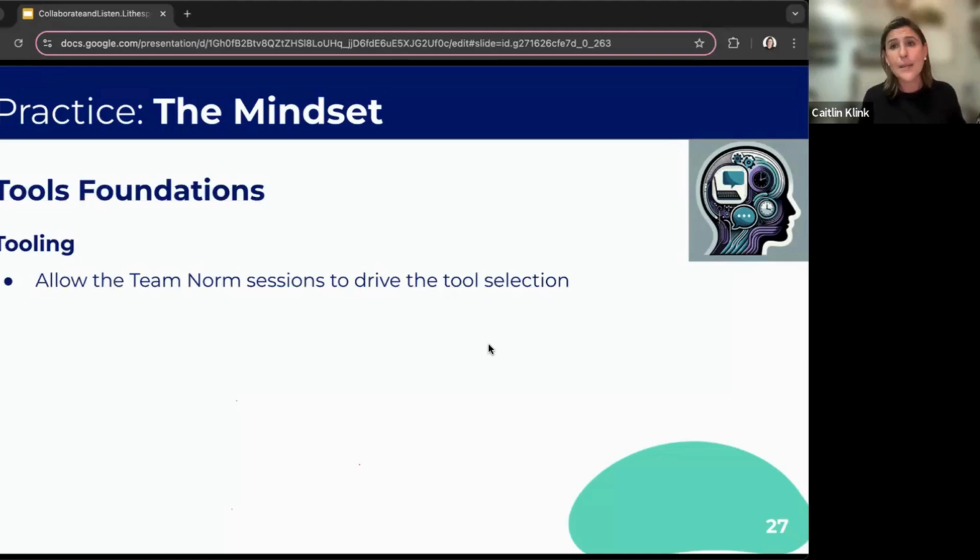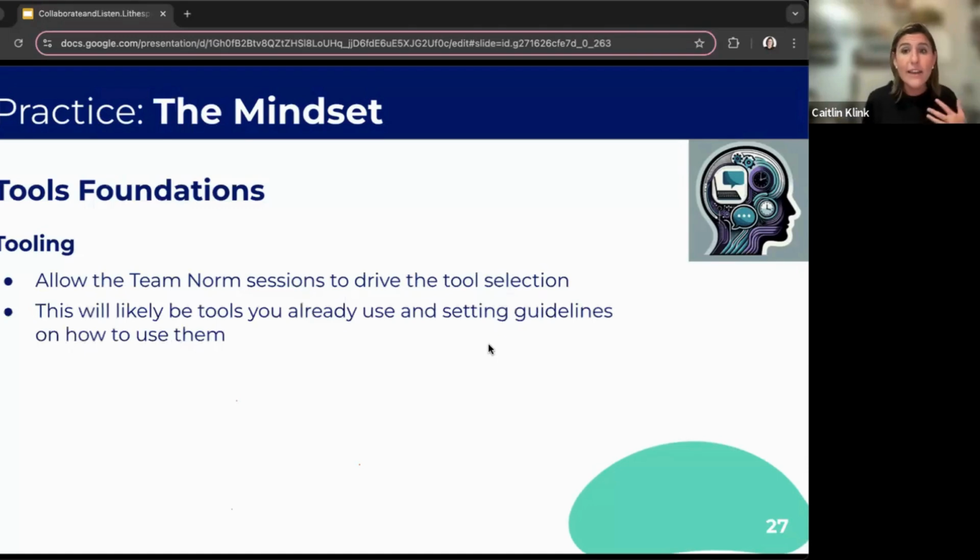Maybe the feedback is like, when we try to collaborate over email, it gets super confusing and the chains get really long and people respond to just 2 or 3 people and I get lost. So we say, okay, we're going to move that type of collaboration into Google Docs. Instead of in an email, we're going to put it in a Google Doc and we're going to use comments. We don't need to buy anything extra. We already have those tools available. We're just going to be intentional about how we use them. And like I said, a lot of this is just looking at what you already have and being intentional about setting guidelines on how to use those tools and have shared understanding about how.